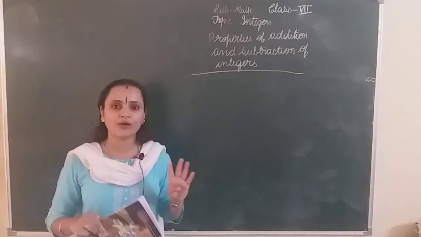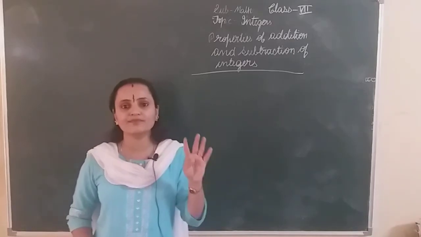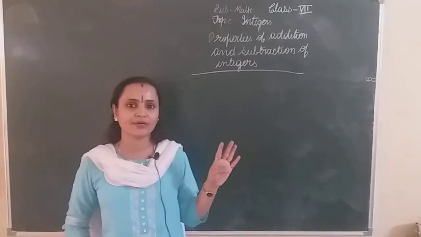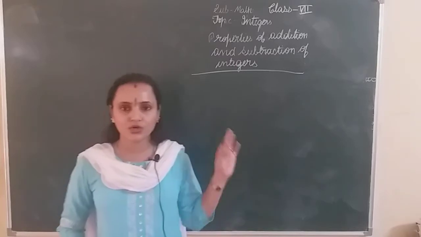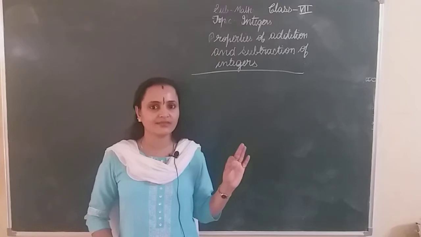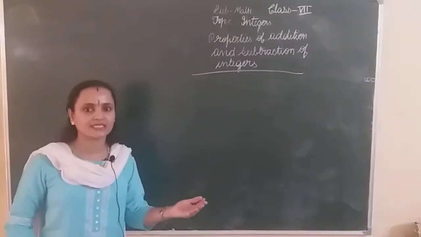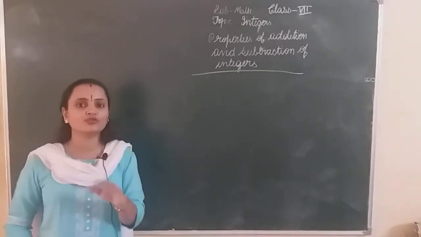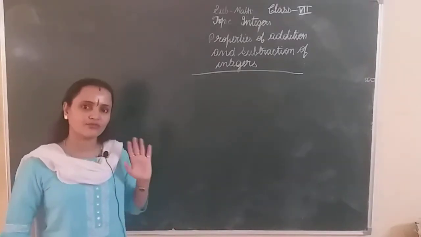All the basic operations have certain properties. In the previous class I taught you the properties of these 4 basic operations. For addition there was a closure property, commutative property, associative property and additive inverse. So these were the properties of addition. In the same way, some properties were there for subtraction and multiplication, but you take only those properties which are true for that operation.